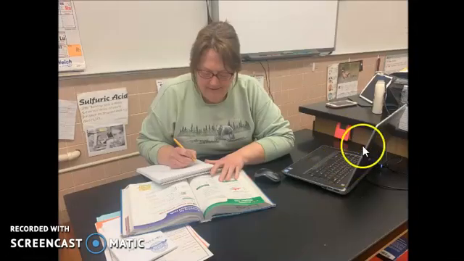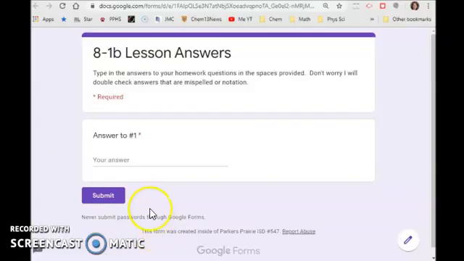So once you get online, then you can just do your math for a little bit, and when you're done with your math, you can go back online and submit your answers. Don't forget that you can always check your answers in the back of the book. There's a special appendix for that. Here's that Google form. Here's one of them. This only has one answer for my sample here. And then you can submit it.